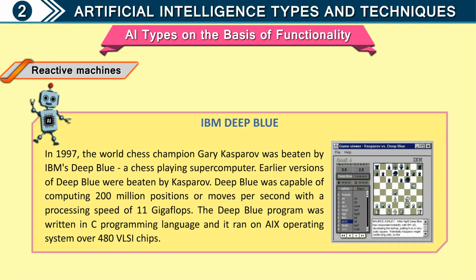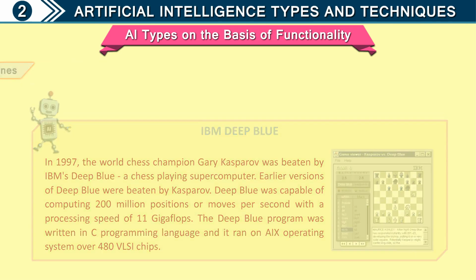IBM Deep Blue. In 1997, the world chess champion Garry Kasparov was beaten by IBM's Deep Blue, a chess-playing supercomputer. Earlier versions of Deep Blue were beaten by Kasparov. Deep Blue was capable of computing 200 million positions or moves per second with a processing speed of 11 gigaflops. The Deep Blue program was written in C programming language and it ran on AIX operating system over 480 VLSI